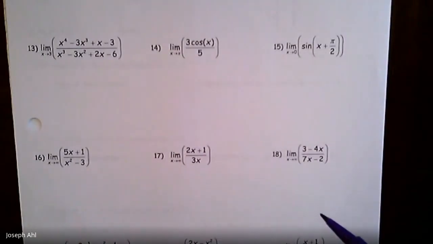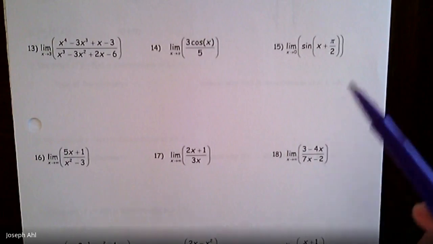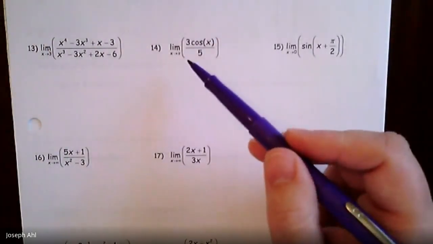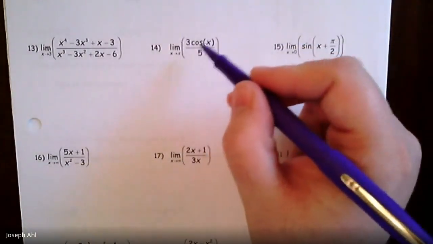And 15 in a second here. Okay, so the question was, can we look at some of the limit questions with trig involved? And that would be something like 14 and 15. So if you look at number 14, it says the limit as x goes to pi of 3 cos x